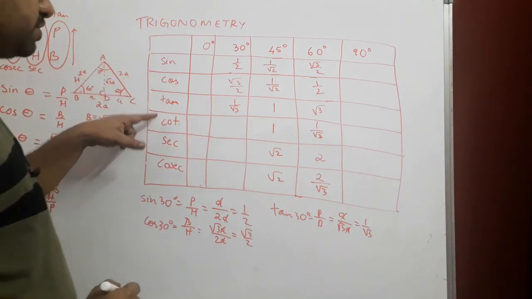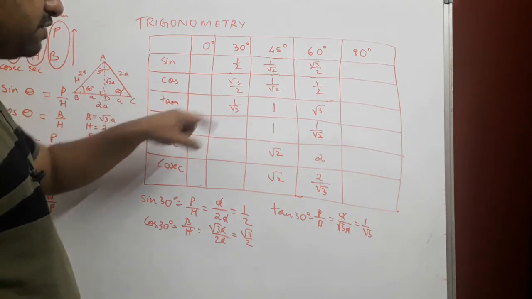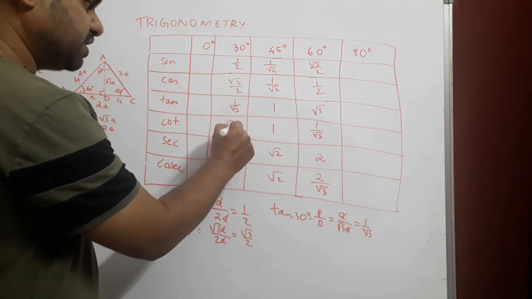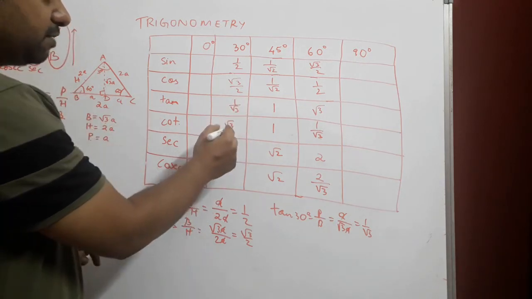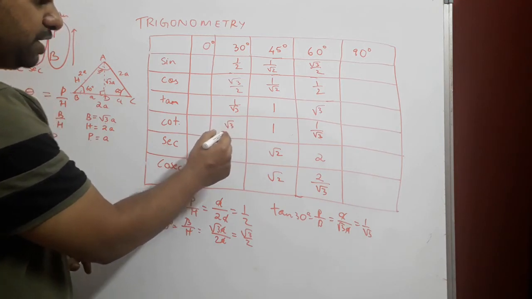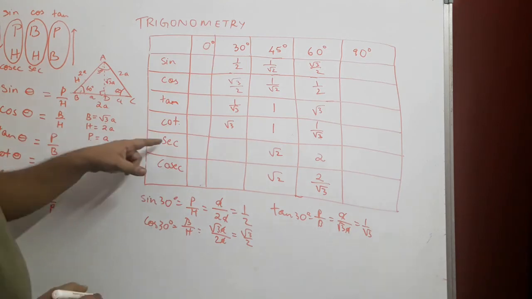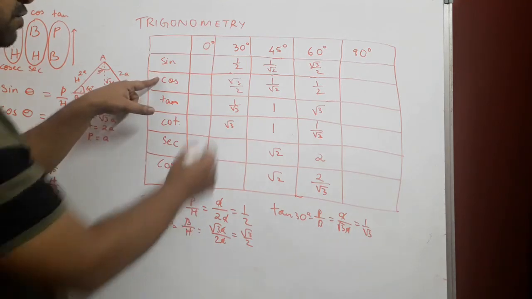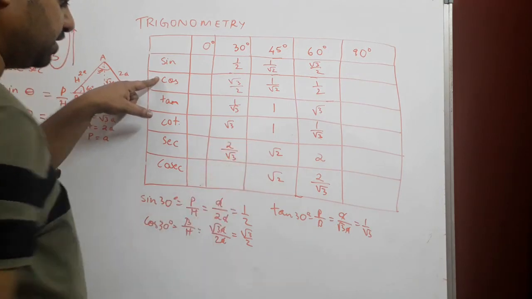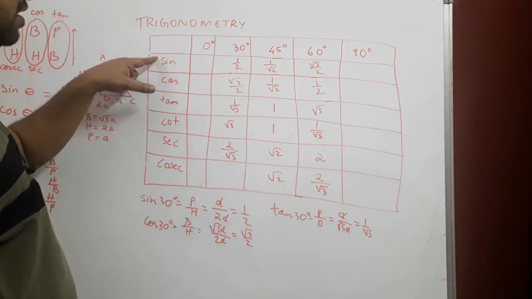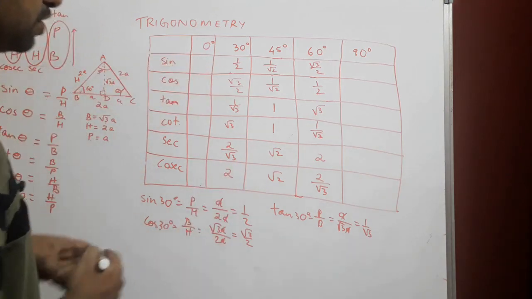Now cot is the opposite of tan. In case of tan, what is the denominator? Root 3. Now that will become our numerator, and our numerator from tan will become the denominator. So it is actually root 3 upon 1 for cot 30 degrees. We just write it as root 3. Sec is the opposite of cos. Cos is root 3 upon 2, which means sec will become 2 upon root 3. Cosec is the opposite of sine. Sine is half. That means cosec will become 2 upon 1, which is 2.